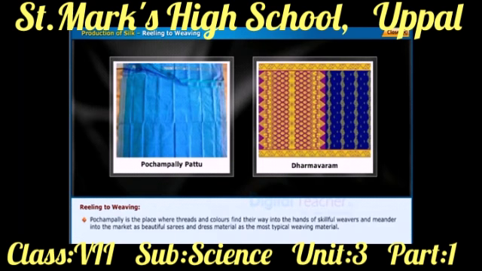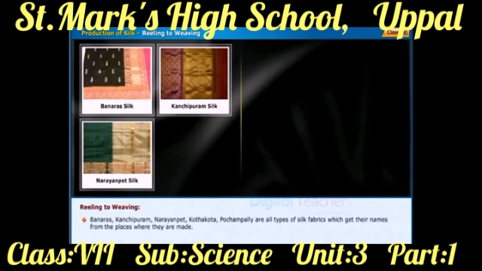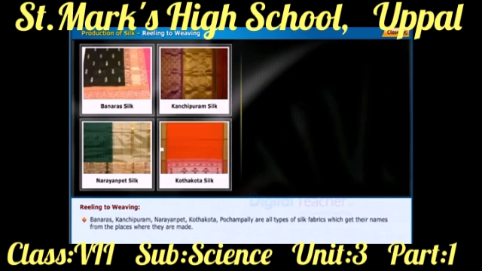Pochampalli is the place where threads and colors find their way into the hands of skillful weavers and meander into the market as beautiful saris and dress material, as the most typical weaving material. Pochampalli is also known as the Silk City of India. Banaras, Kanchipuram, Narayanpet, Kottakota, and Pochampalli are all types of silk fabrics which get their names from the places where they are made. Apart from that, there are some more varieties of silks based